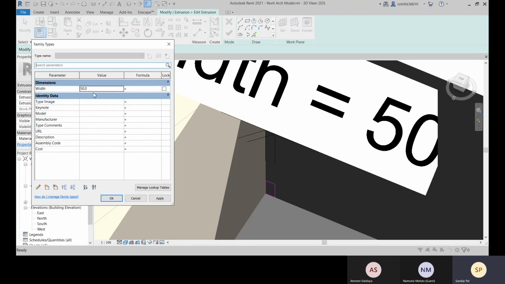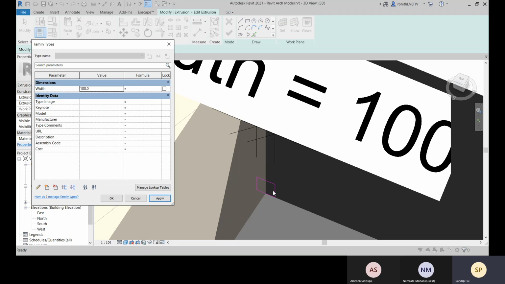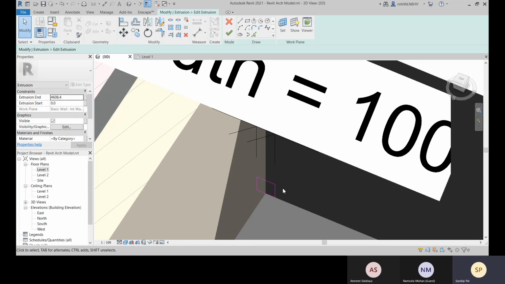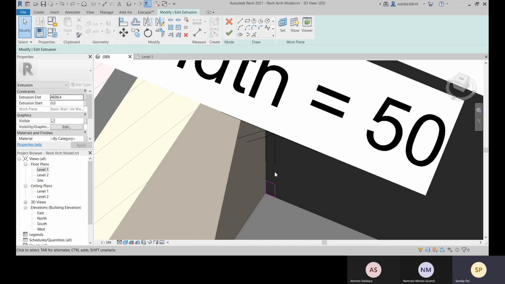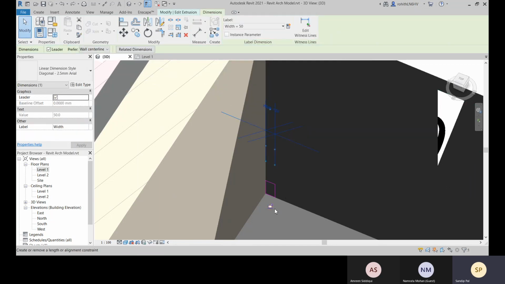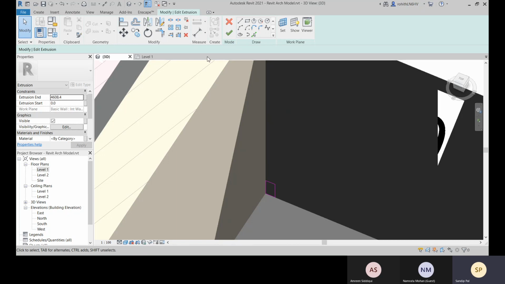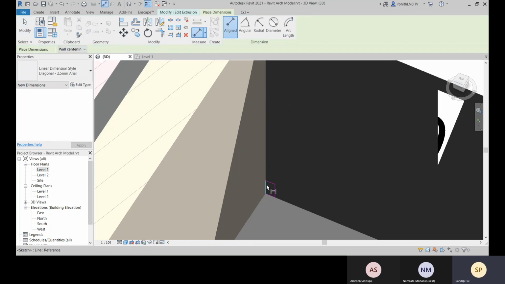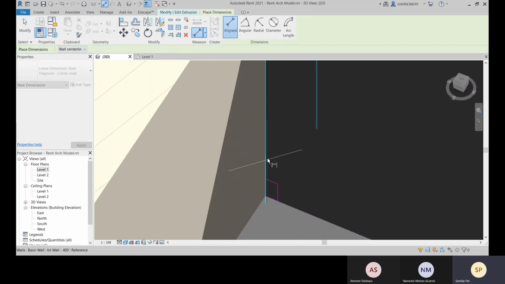Now we have this parameter. If I change it, let me change it from 50 to 100. Click on apply. There you can see, why is it extending in this direction? So you have to be aware while assigning this. When you are assigning, select this first, because this will be taken as a reference and it will be fixed.